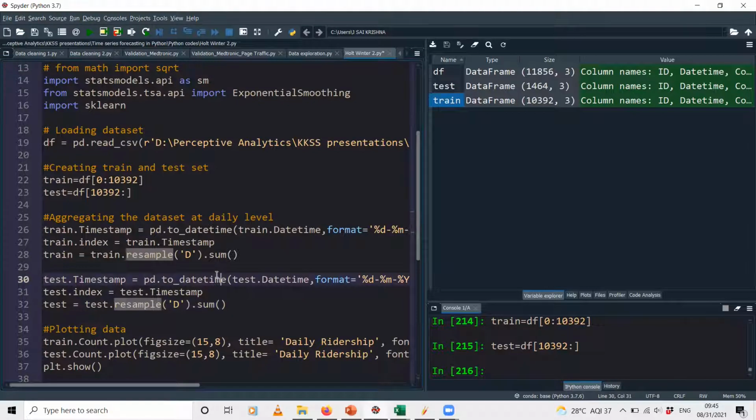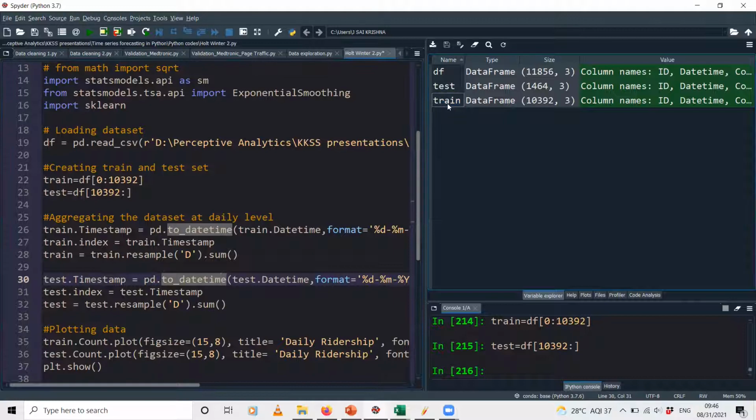The other way to do it is you use the aggregation function available in Python. It is called the group by function. You can group by the day, each day. So you need to extract the date separately from this timestamp, and you have to group by that date, and then you can perform that aggregation. That is one way to do it, but this is a shorter way to do it. This just needs you to convert that timestamp into date time data type.